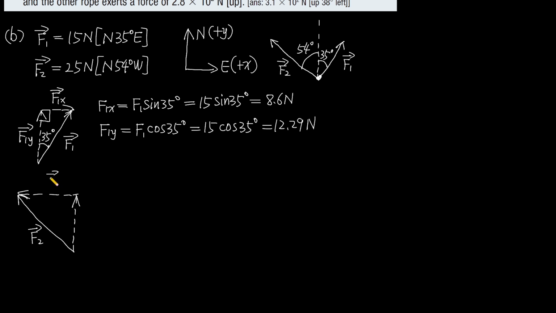And this vector is just its horizontal component f2x. And this vector is force 2's vertical component f2y. And this angle is 54 degrees. This is a right angle. And from this graph, we can know that f2x, its horizontal component, equals negative f2 multiplied by sine 54 degrees. It's negative because its direction is the negative direction. Its direction is to the west. So this equals negative 25 multiplied by sine 54 degrees equals negative